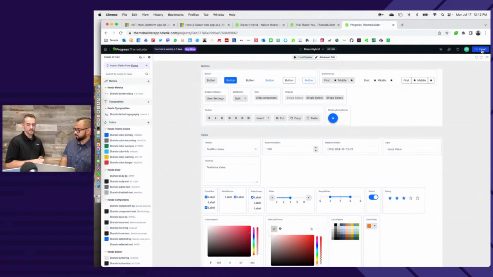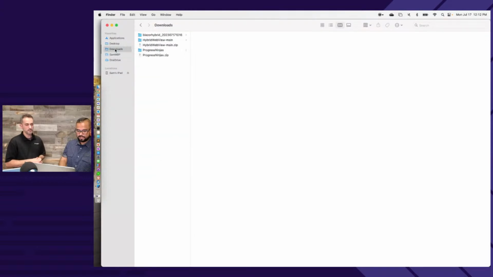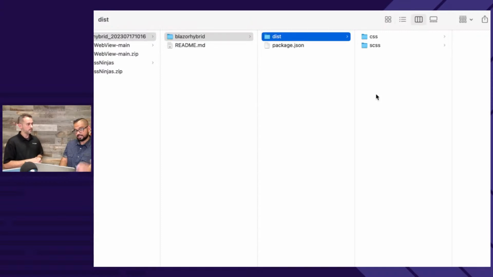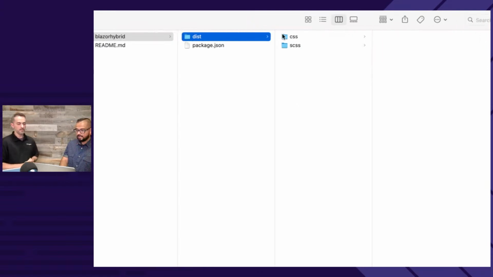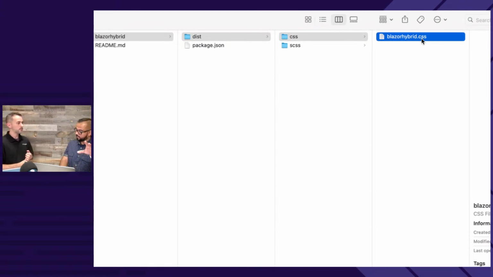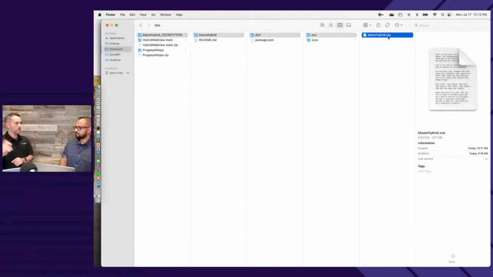You hit this big export button, and what I get out of this is, if I download this and go into my downloads, this is my Blazor Hybrid app that I'm getting, and all I get is some CSS and some Sass. Yep. So my variables and my CSS, everything is baked in. You can choose which one you want. There is nothing stopping me from taking this and just dropping it into a Maui Blazor Hybrid app, and all of my styles, which are meant for Blazor web apps, now work on mobile and desktop. If you have it configured right, you drop it in one place, and all the different front ends get it.